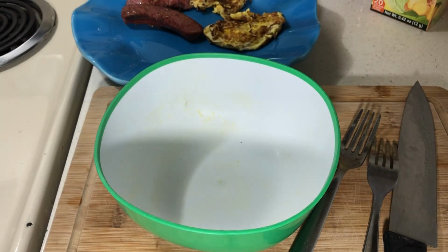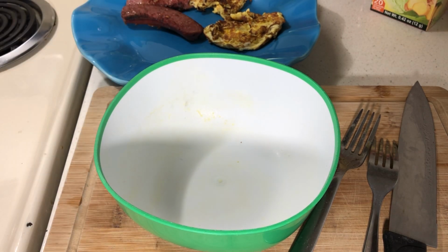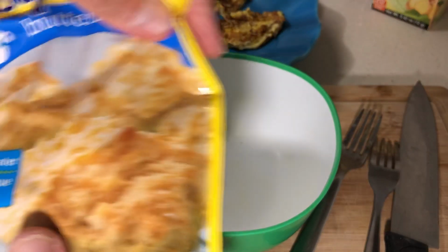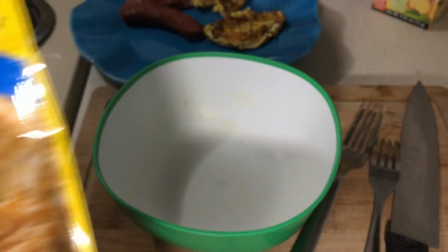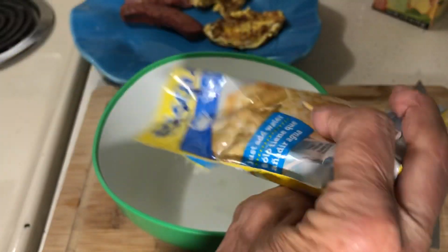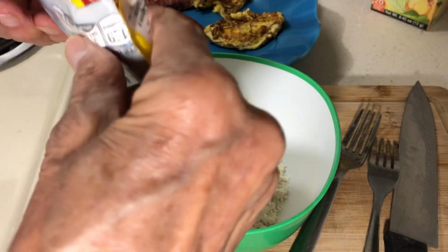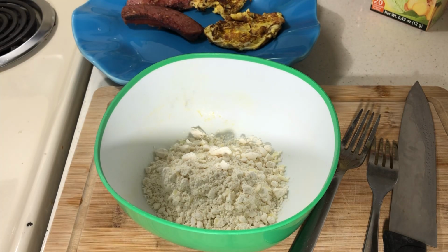So, okay, I'm going to make my own biscuits. I'm going to be cheap, of course. Because what if you don't have a can of biscuits and you really need some biscuits to go with your sausage breakfast? That's why you gotta make some. So I've been stockpiling this. I like the little packages. So I want to make 2 rather hefty donuts. I'm just gonna eyeball it. So, okay, for donuts,